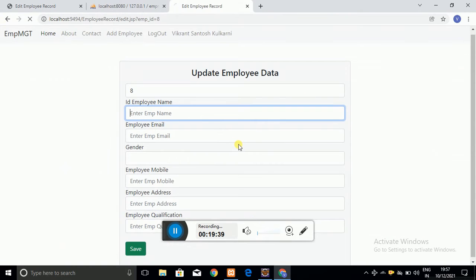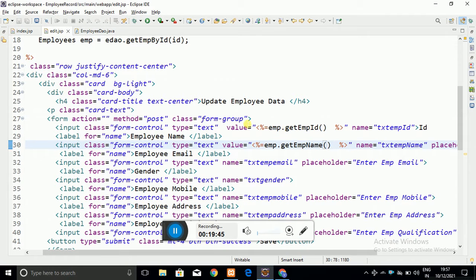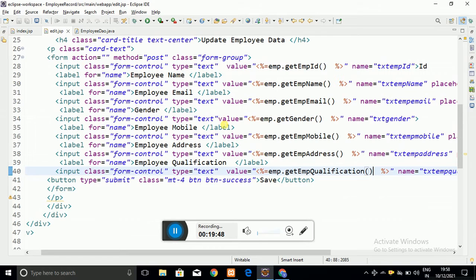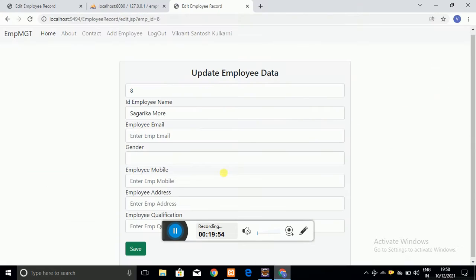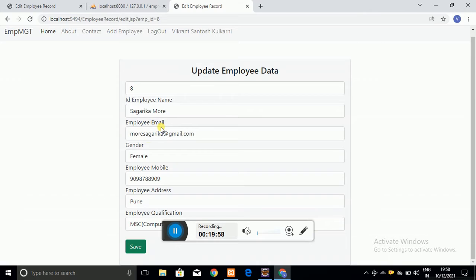I got the employee name also here in front of you. Now the remaining fields I also got from the employee object, and when I refresh the page, all the details are fetched in front of you.